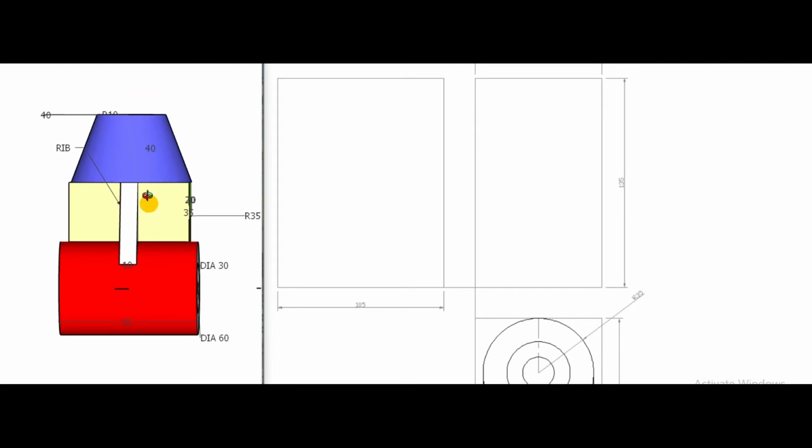Then this truncated portion of a cone appears as a trapezium, having these dimensions: 70, this is 40, and this height is 40. So we will start to draw from this one. This portion for this one, start from this line. So look at the height of 60 millimeter.